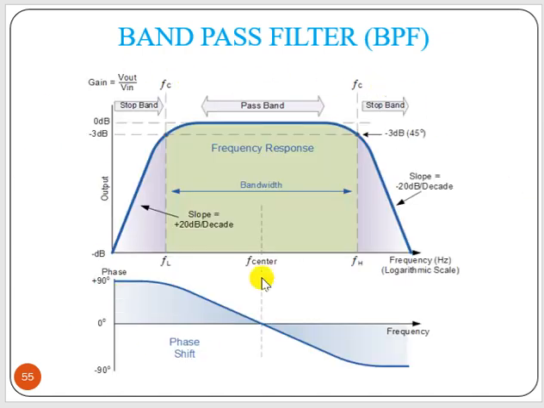Now this is the bandpass filter response curve plot. This is a bandpass filter. We have this bandwidth, which is the frequency response, with lower cutoff frequency and high cutoff frequency, found on the 0 dB line, that is 20 log V out by V in, minus 3 dB, where it cuts. From there you can plot this FL and FH. And this is your center frequency here. Now the phase starts from plus 90, reaches minus 90, and at omega r, the resonant frequency, it will be 0. It becomes resistive.